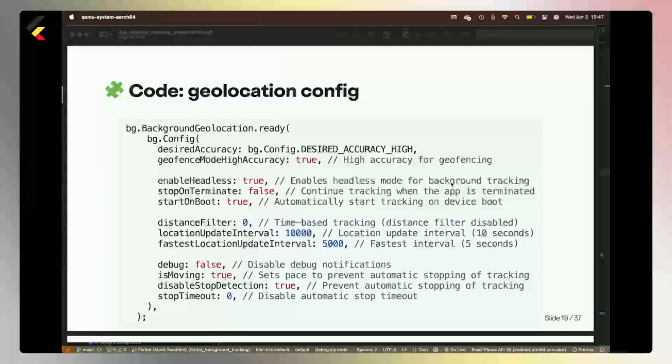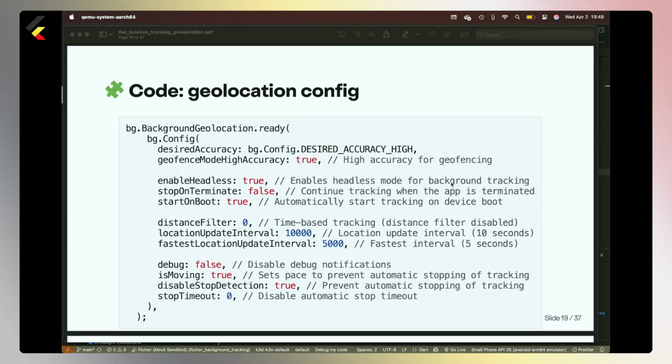This is the main part actually. Here you can do a lot of things. This is the basics that I used for my proof of concept, purely for Android. On top, the desired accuracy, this part. It's mainly for the headless mode, on which I'll talk about later. The distance filter is set to 0 right now. You can choose your distance filter, of course. This is based on meters, so if you set it to 10, it's every 10 meters you'll get a location